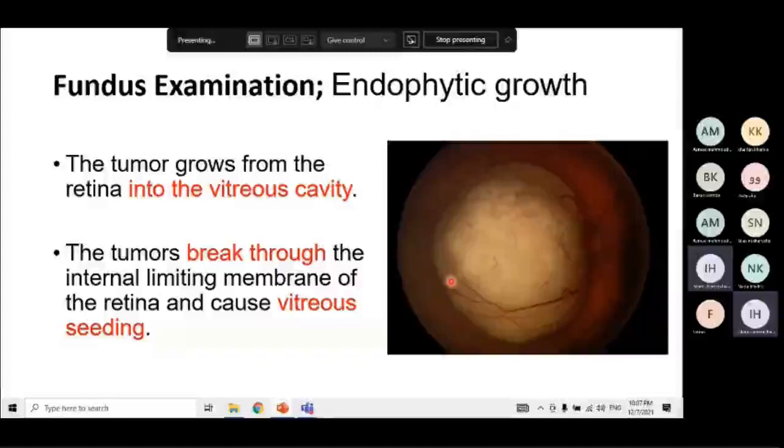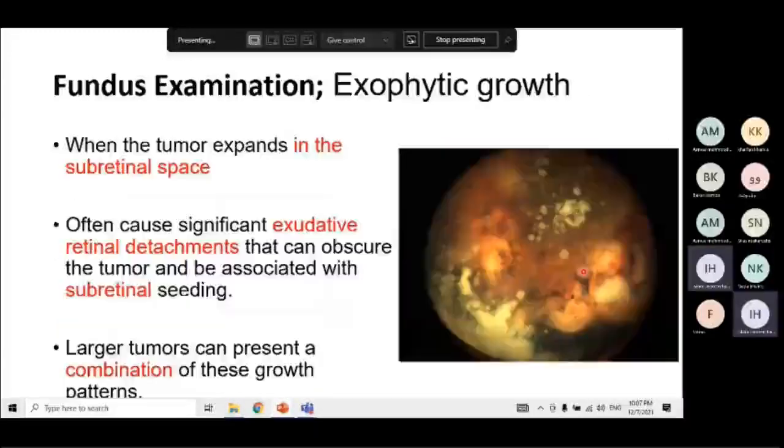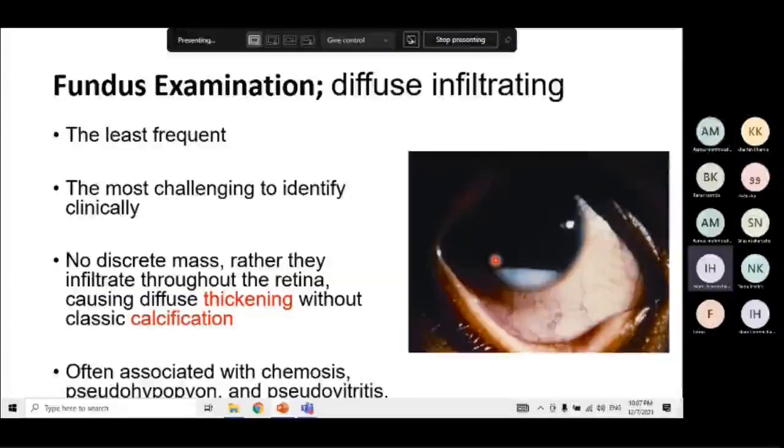If it's growing, the retina is flat and the tumor grows towards the vitreous, not underlying the retina, like this one, it's an endophytic, so it's going towards the inside of the eye. The exophytic tends to grow in the subretinal space, so you find that the retina will be detached like that, and the tumor cell doesn't have the tendency to go to the vitreous. No, it has the tendency to grow on the under surface of the retina and float in the sea of the subretinal fluid there.